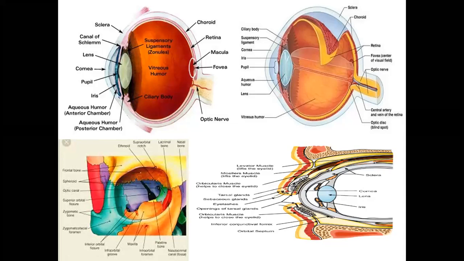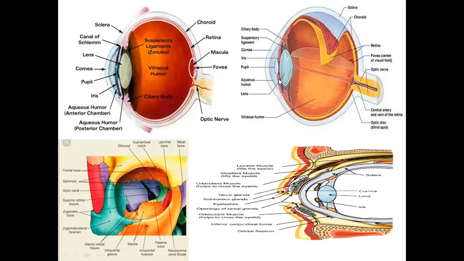If the trabecular meshwork is not properly working, while the iris is at its own position and the angle is open, but the trabecular meshwork is not draining the aqueous humor properly, this is called open angle glaucoma. You see, the iris is in its place, the cornea is in its place. If the trabecular meshwork is not working, beta, and is not properly draining the aqueous humor, it is not a problem in the angle, it is actually a problem in the trabecular meshwork. So this condition is called open angle glaucoma.